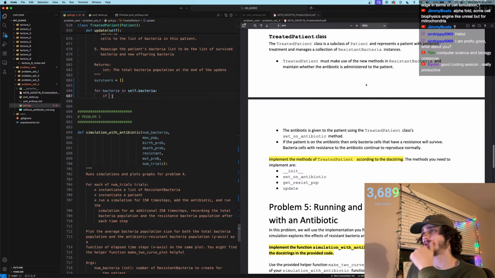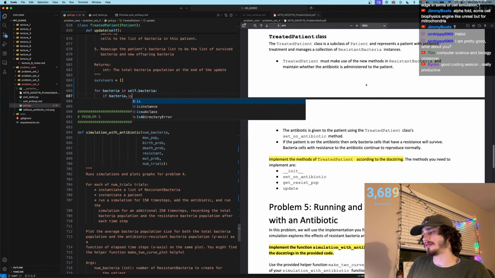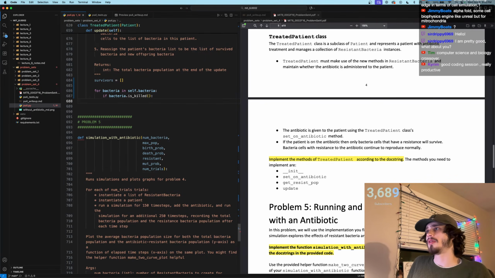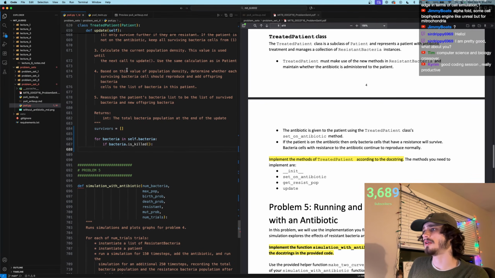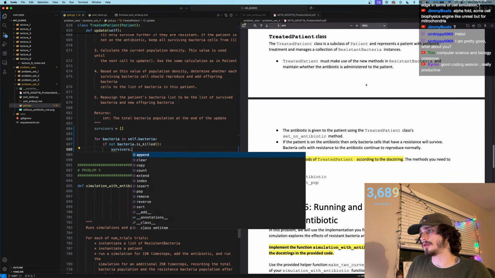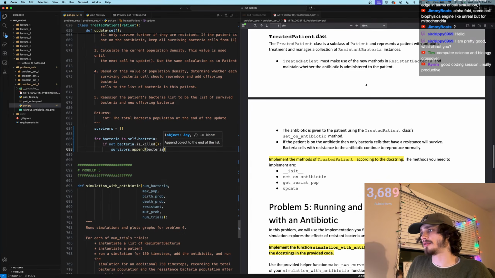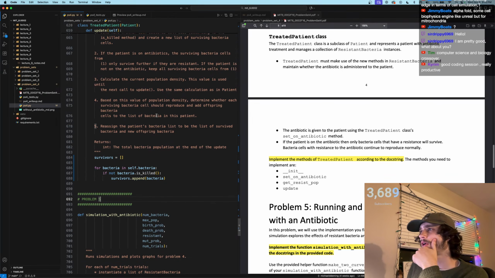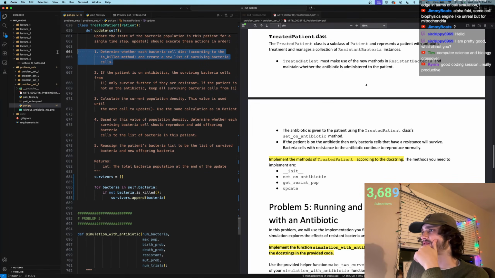Okay, so if bacteria dot is killed, then, or if not, then we're going to survivors append the bacteria and create a new list of surviving bacteria cells. If the patient is on antibiotics, the surviving cell